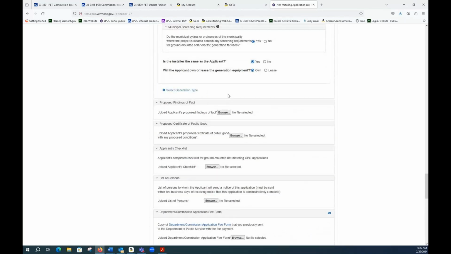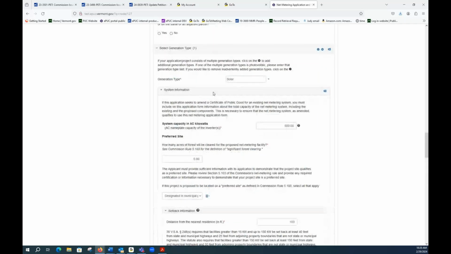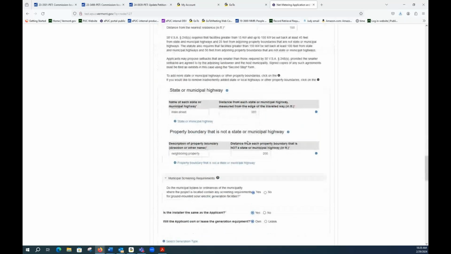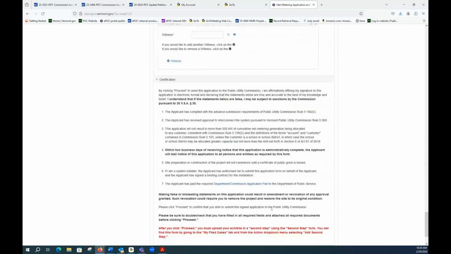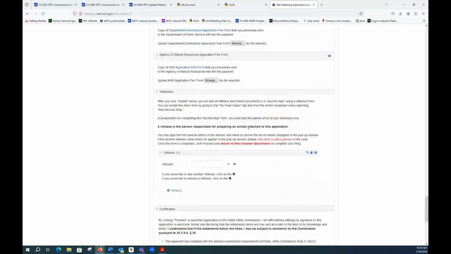So once you have filed, that is when you will then go on. And again, it won't ask you the question NMPs had in the past at the bottom: yes or no, will you be doing a second step? You must do a second step. So when you do a second step filing,